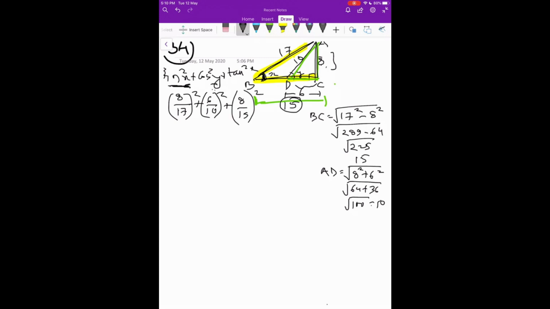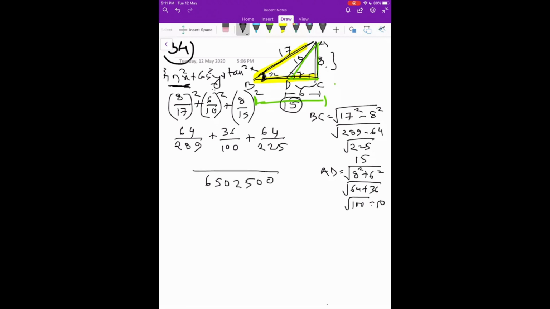So you are going to get very big numbers. As you can see here, all of these numbers are squared. So 8 square is 64, 17 square is 289, plus 6 square is 36 and 10 square is 100, and plus 8 square is 64 and 15 square is 225. Now we are going to get a very big number. 289 into 225 into 100. Let me multiply all of them and take that as an LCM. Even though this is not the LCM, it will come out big, but for convenience let me take